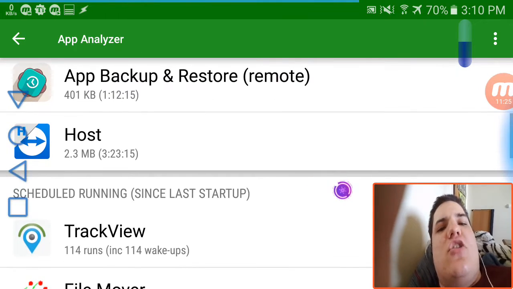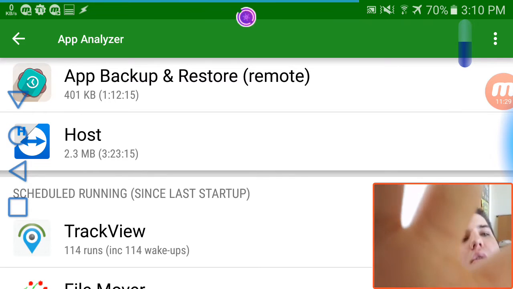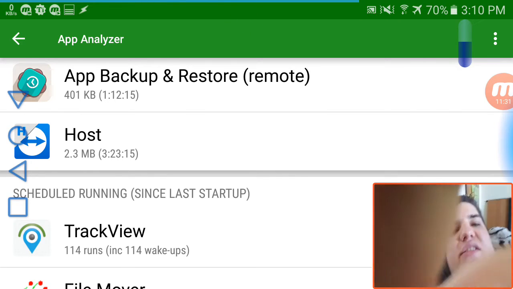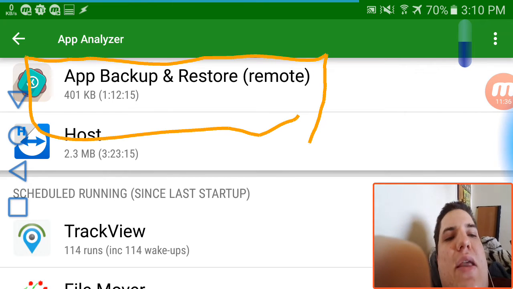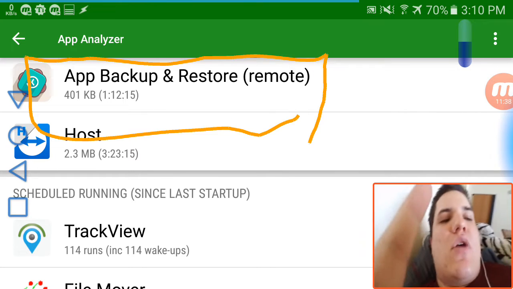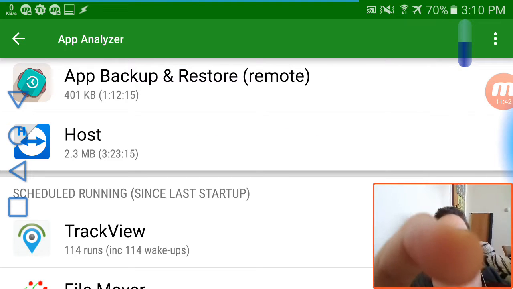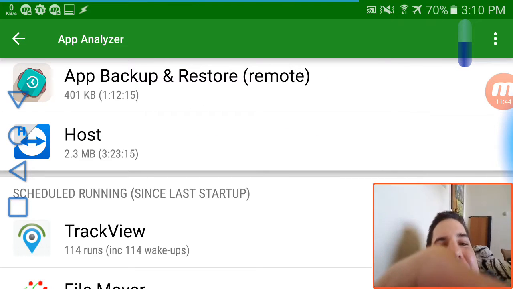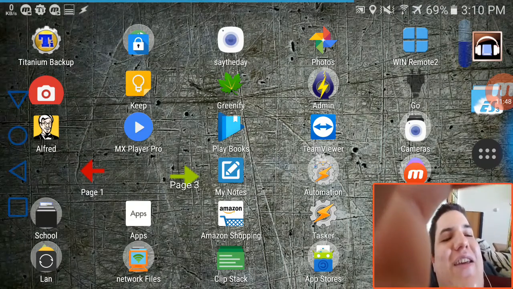You can see here these apps are running, and I could greenify these, but let's say if I greenify App Backup and Restore, because it's always running in background, then it won't be able to automatically back up an APK whenever I install a new app, which I will also show you in this video tutorial because it is part of management. In this video tutorial, I will go ahead and show you,